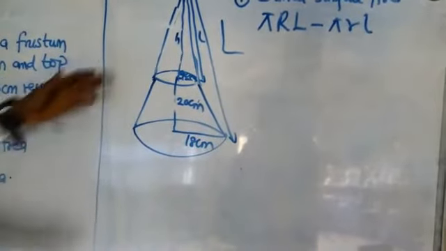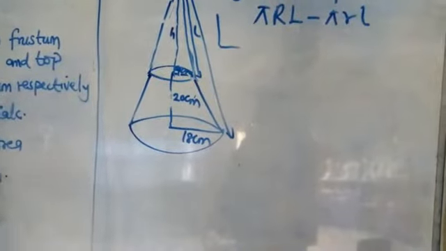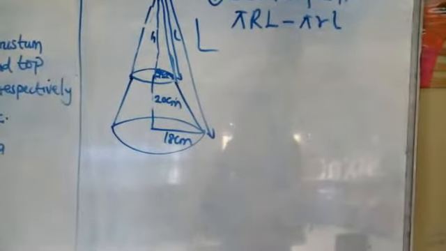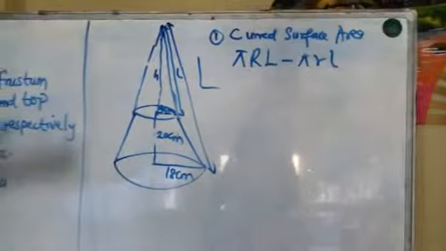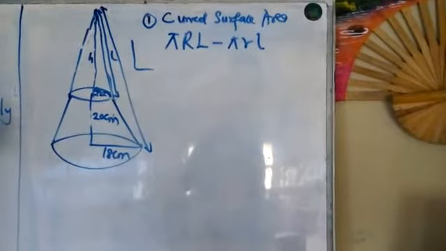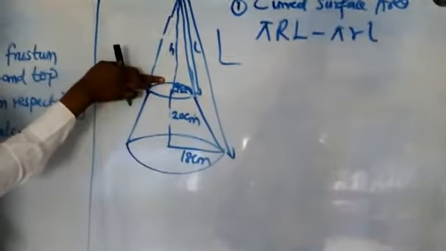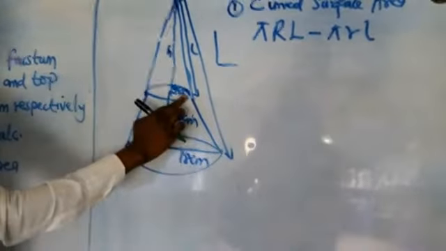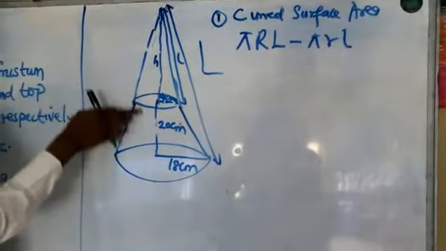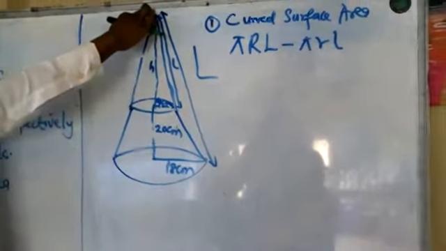Now, to determine the value of this parameter, you can apply similar triangles, similar shapes. You compare them, you relate them. They are related by a linear relation. You need to determine one parameter, choose another, and you get it. Are you getting it now? So for us to get the value of h, we have the small radius at 14, and we also have the big radius at 18, so we can determine the value of h.